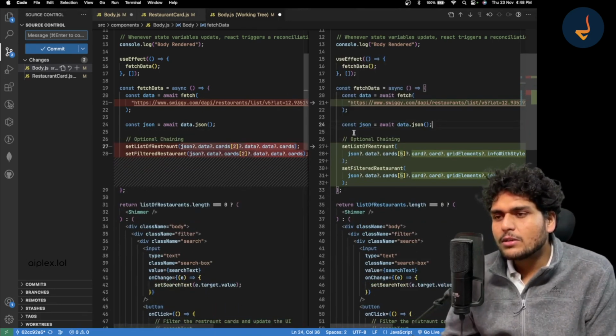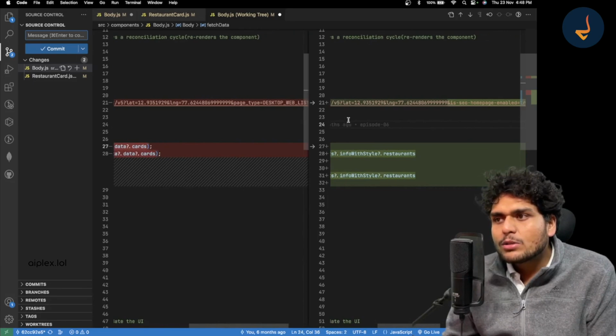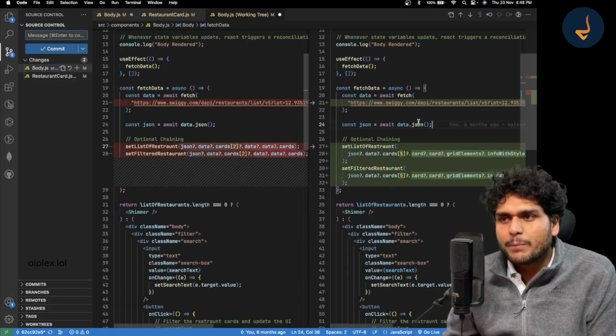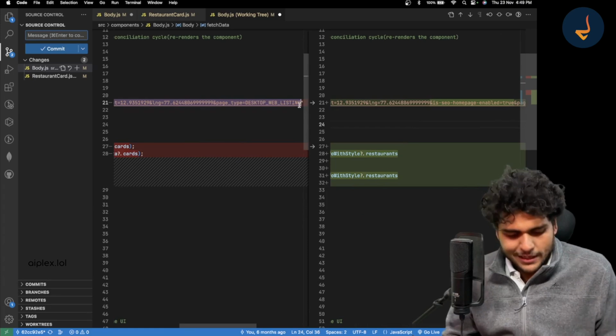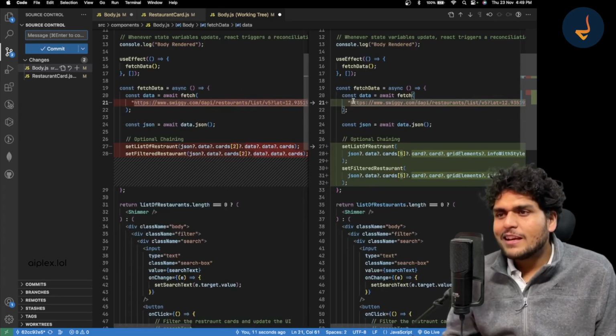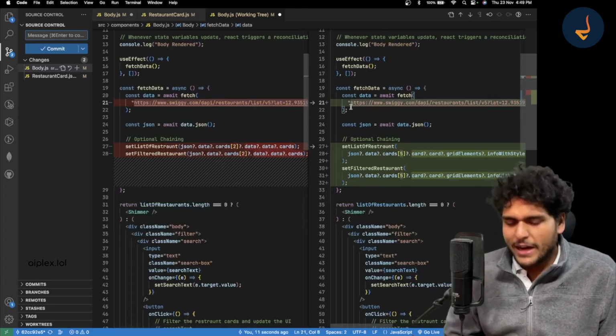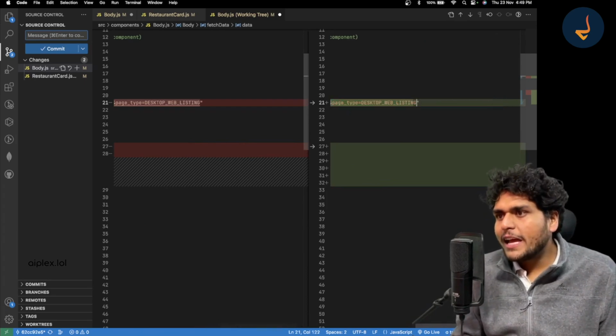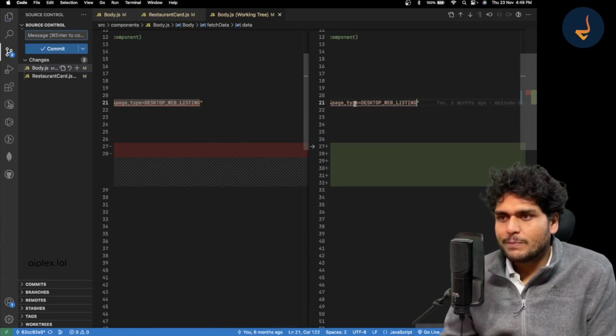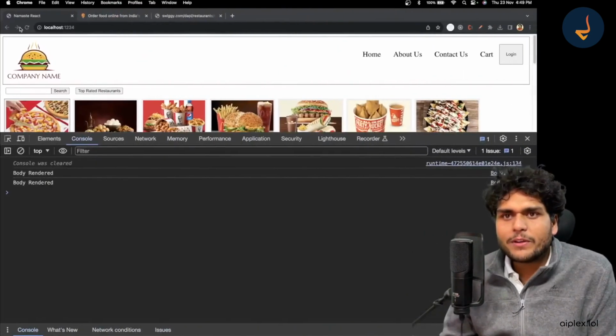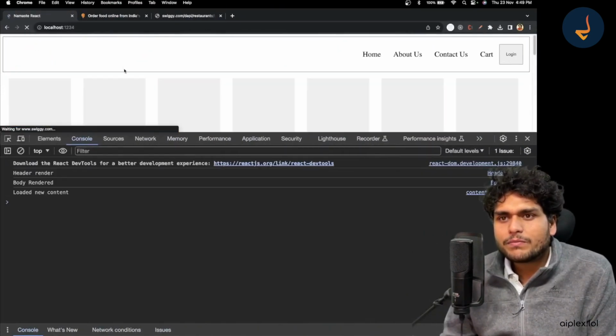We don't need this console log now. And I think the API is also the same, right? We don't even need a change in API. So I can just use my older API itself over here. Let me just stick to the older code. Whatever we were doing, only the extraction logic has been changed. Let me just see if it works.